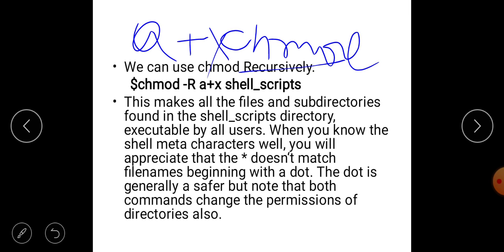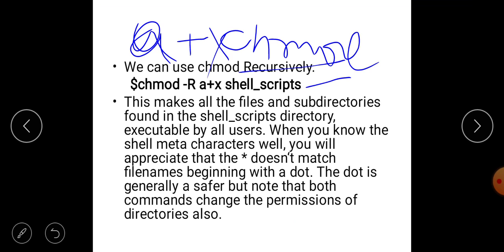The execute permission will be added to all 3 categories of the shell script files. This makes all the files and subdirectories found in the shell script directory executable by all users.